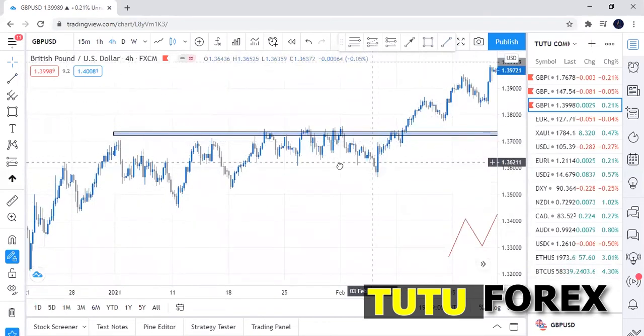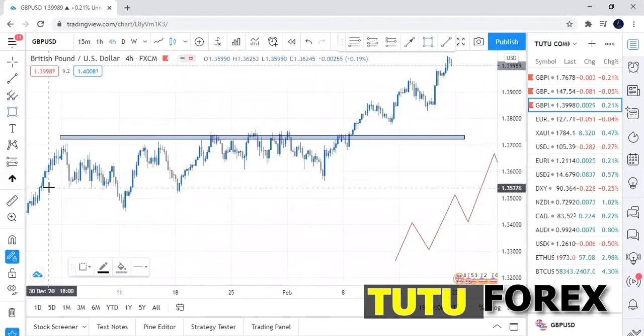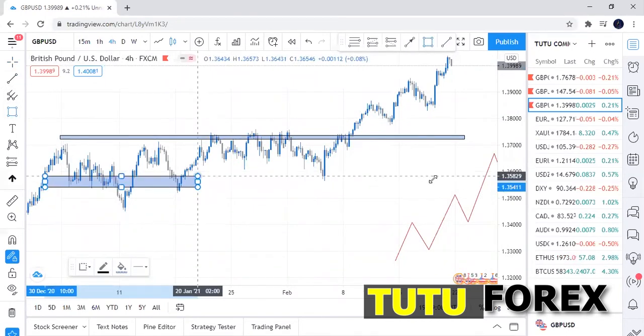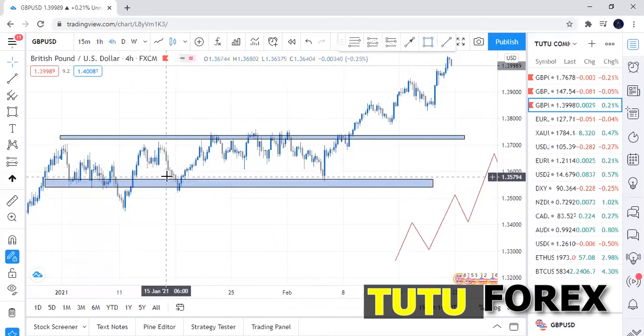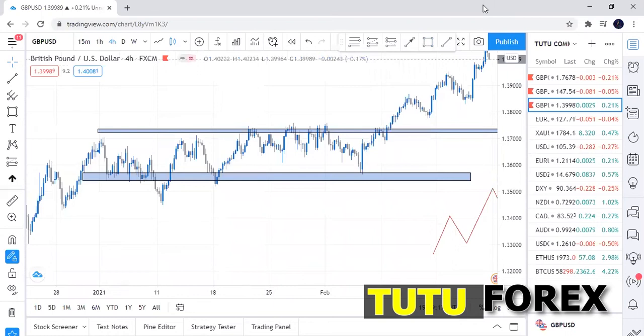So what we have here is, you can see there was a sideways market here. There was a sideways market here, which we are not interested in taking part in. Whenever price is in a sideways market, we should not take part. We should not involve ourselves in that trade. Rather, we'll wait for price to either break out and retest to the upside, or break out here, retest and go to the downside. But you can see in this case,